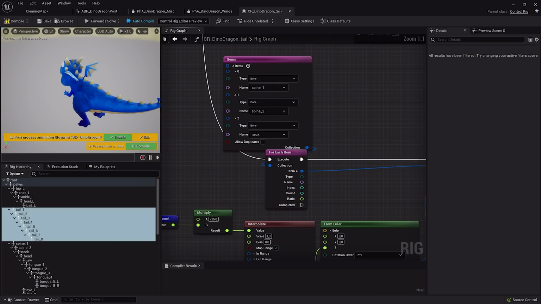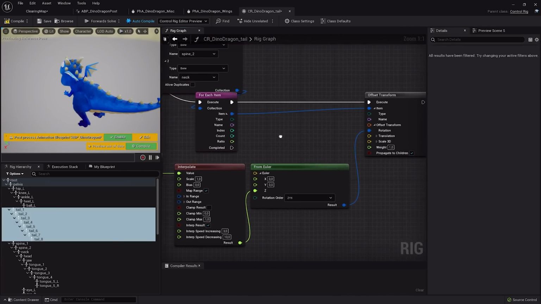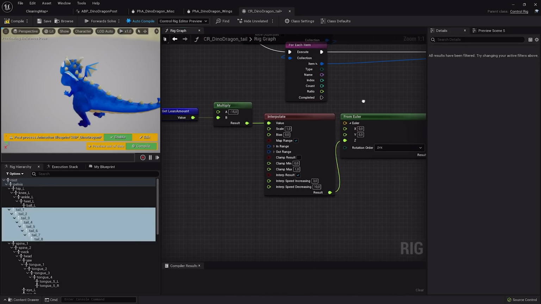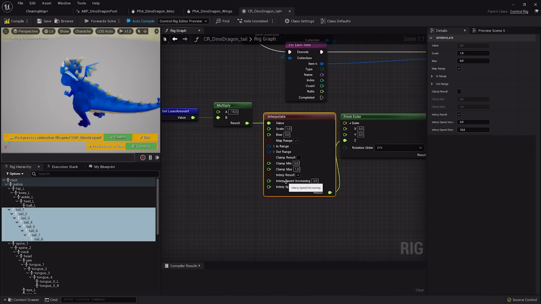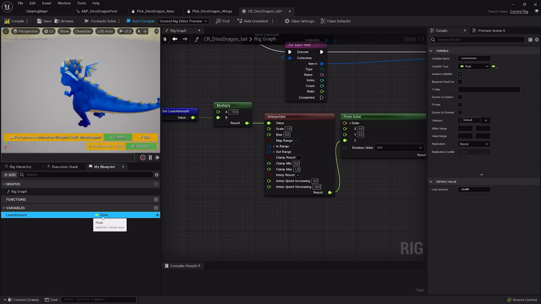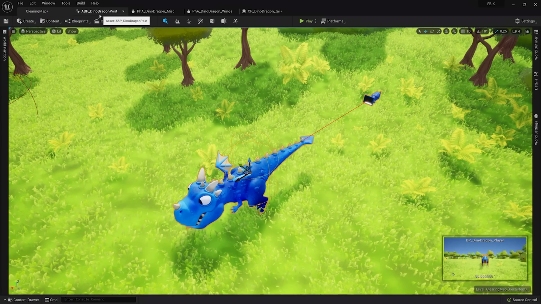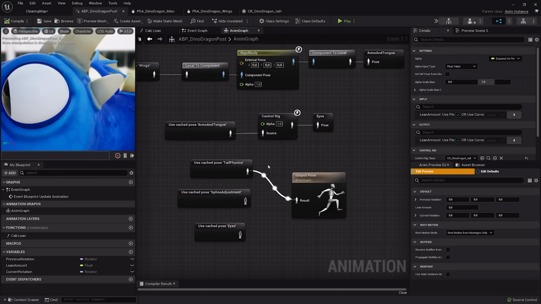And then we do nearly the same for the spine up to the neck. In this case, we are using an interpolation node, which gives us the opportunity to have different values for interpolating between decreasing and increasing values, which gives us a nice head movement, so when he is looking left or right. So, this is a really, really small piece. And when we have this now all together, we can bypass the rest